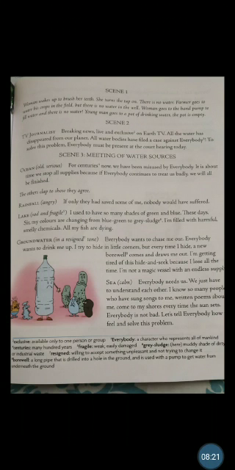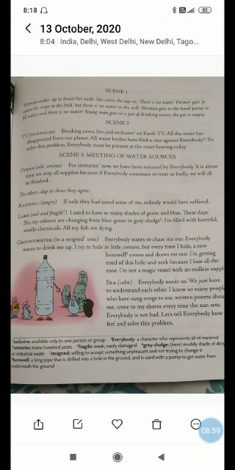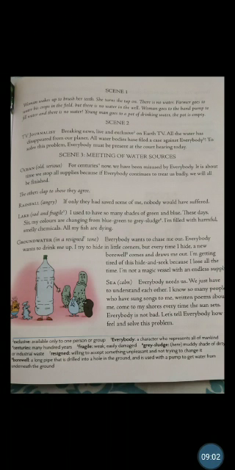What did the ocean say? Ocean is one of the water bodies, you all know. So what did he say? We have been misused by everybody. For centuries, he says, we had been misused by everybody. Everybody means all the people are misusing us. It is about time we stop all supplies, because everybody continues to treat us badly. We will all be finished. He says, this everybody means all the people are misusing us. They are finishing our supplies, and they treat us badly. So we'll all be finished. So we have to do something. That is what the ocean says.